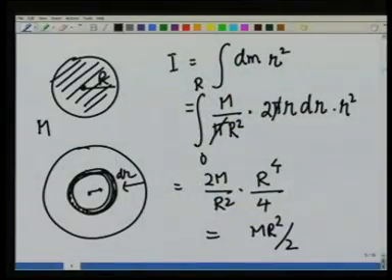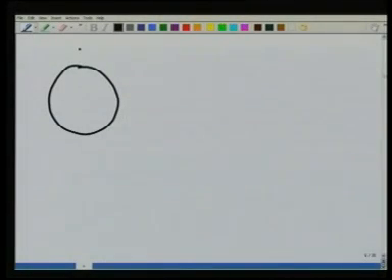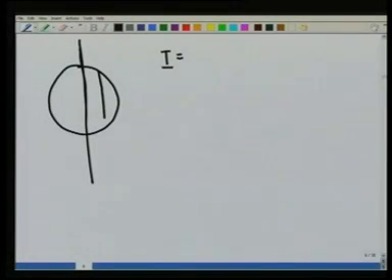The result would easily be generalized to a cylinder also, which is this disc elongated along the z axis. Next example, I take the same solid disc, however, now I take the axis as its diameter. So, this diameter is the axis. For calculating a moment of inertia about this, I will take a strip on the disc like this of width dx, so that its mass is going to be m over pi r square